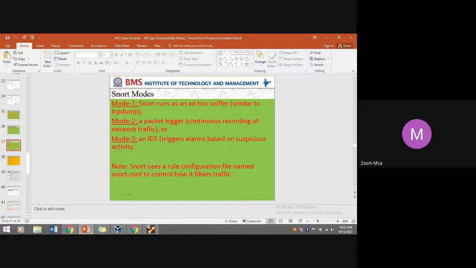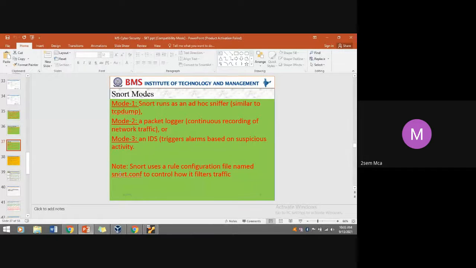So like that, suspicious activity is notified to the system user. Snort uses a rule configuration file named snort.conf to control how it filters the traffic.